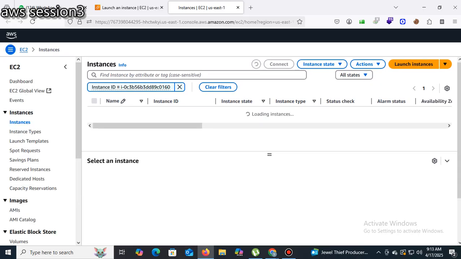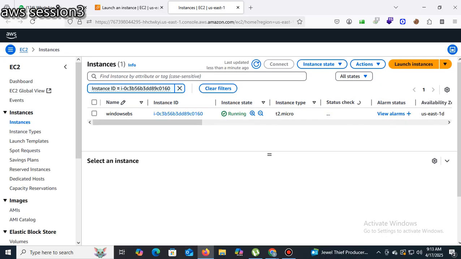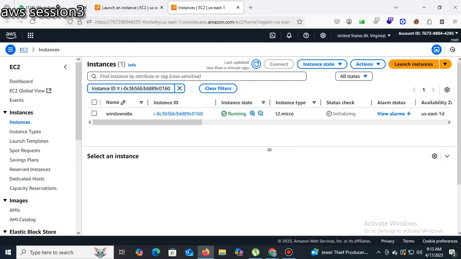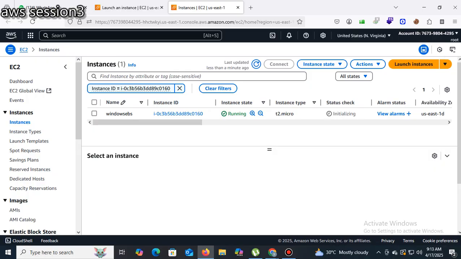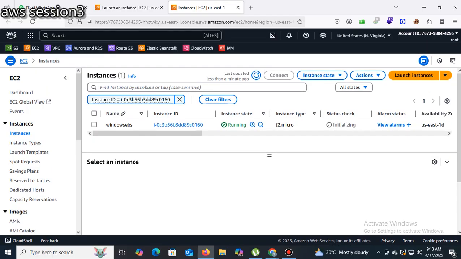There will be two EBS volumes. One is the EBS volume created by AWS itself, known as the root volume. The other volume was created by us, with a size of 20 GB. We'll log into the instance, add some data to that volume, then take a backup, and again we're going to restore.